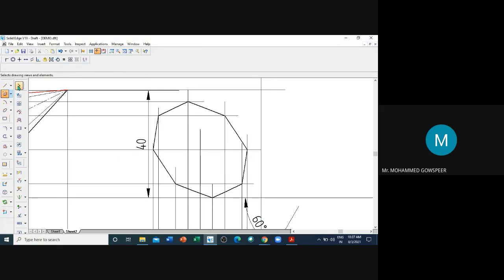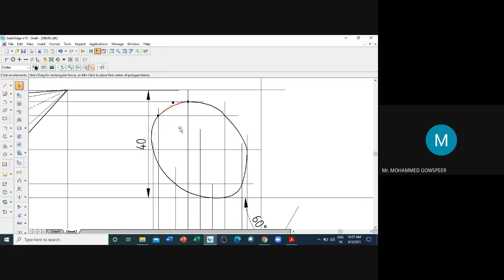Now I will give a shape. Select tool. See here, middle node. Place the cursor, and when it shows the plus point, convert it to give the smooth shape.